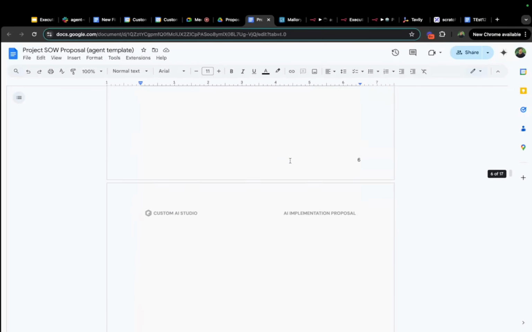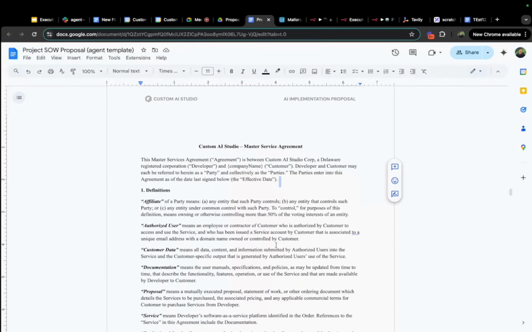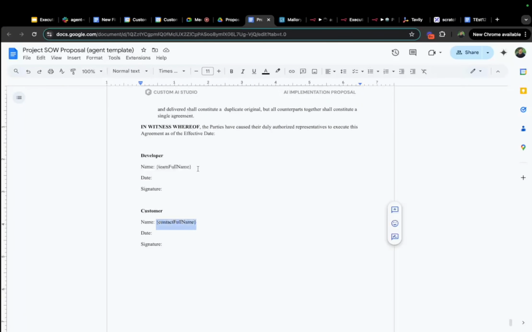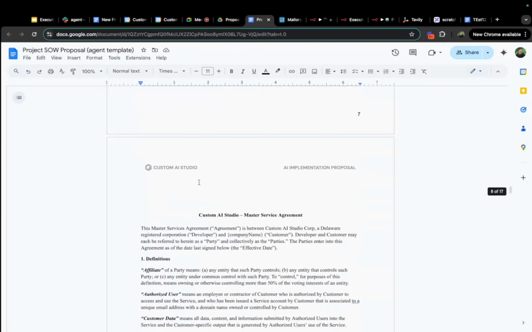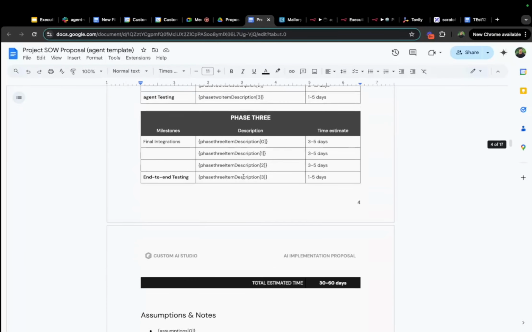And so we have this template set up, right? And then here, it should put the company name as well. In this case, it didn't, right? And it should put the contact full name and team full name here, ideally, right? But we eliminated this section for some of it. So anyway,